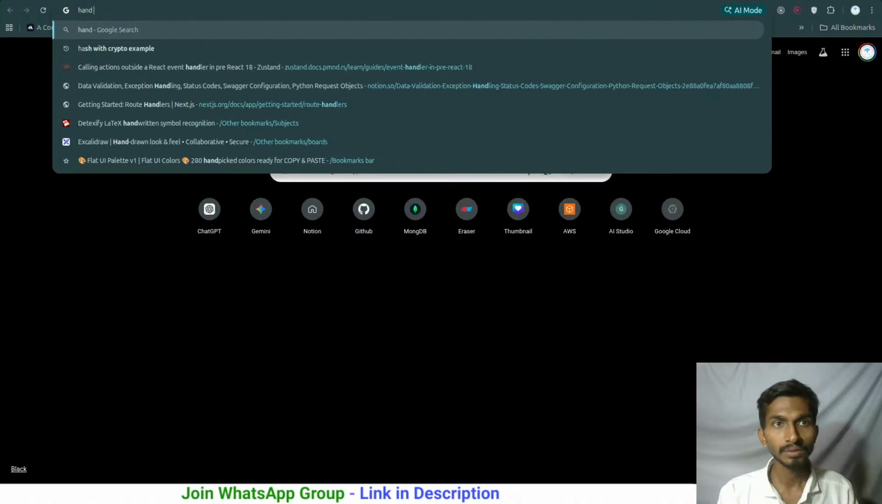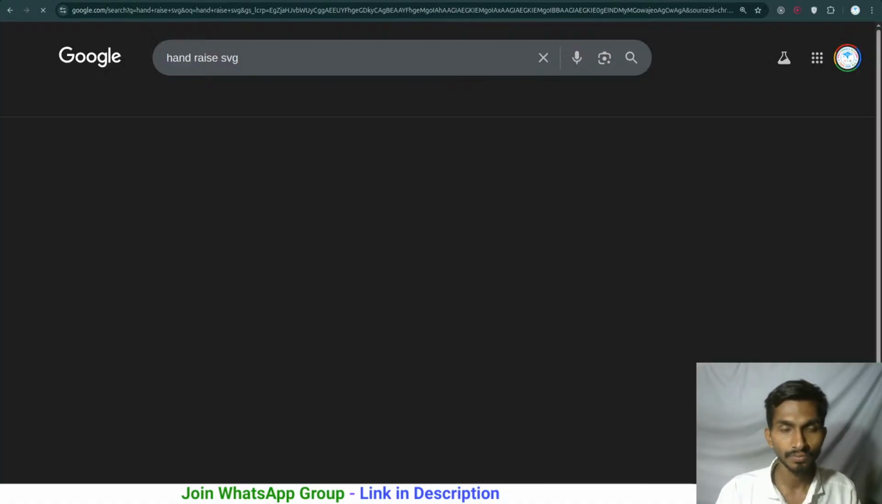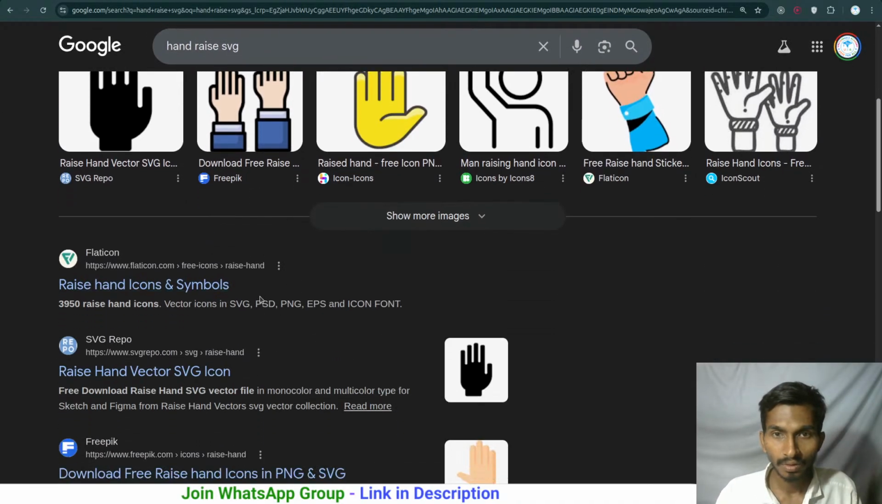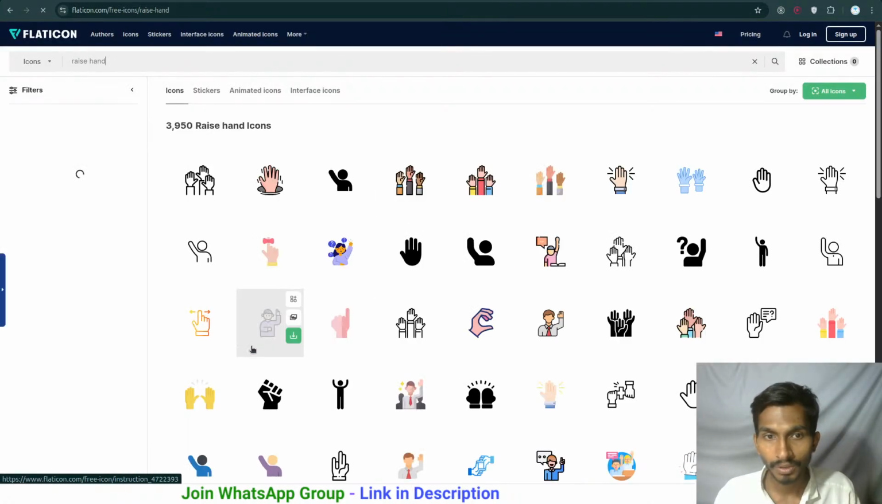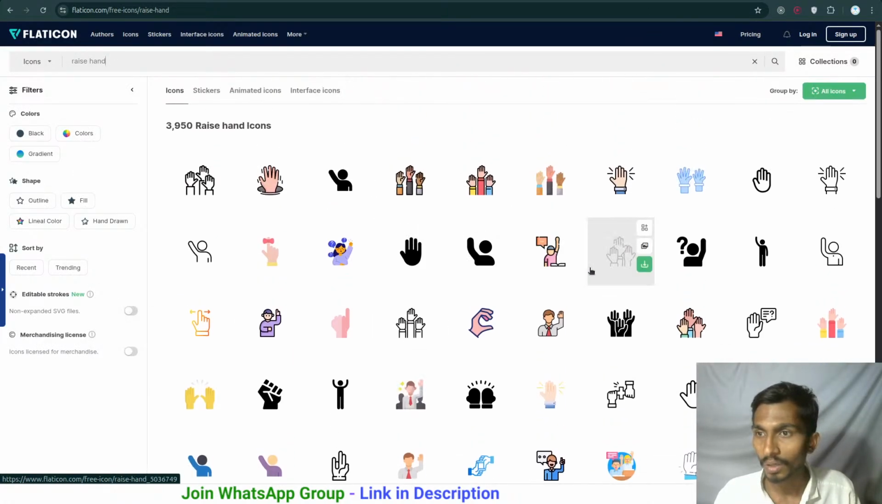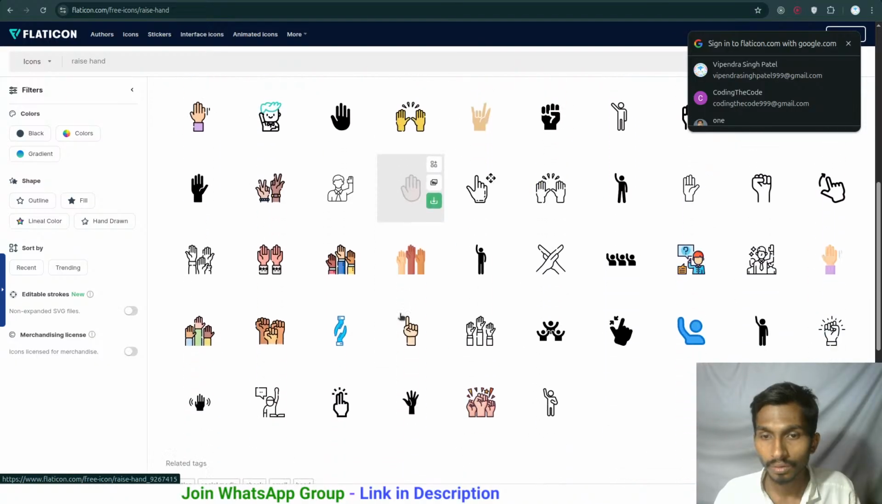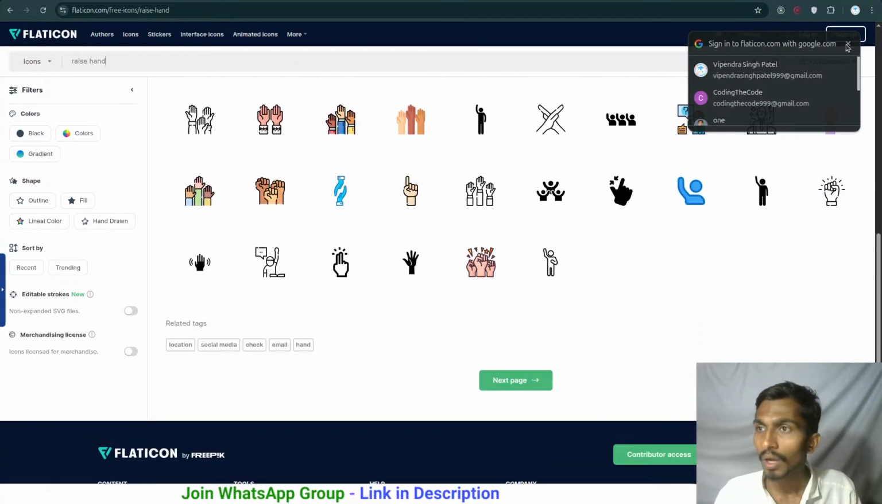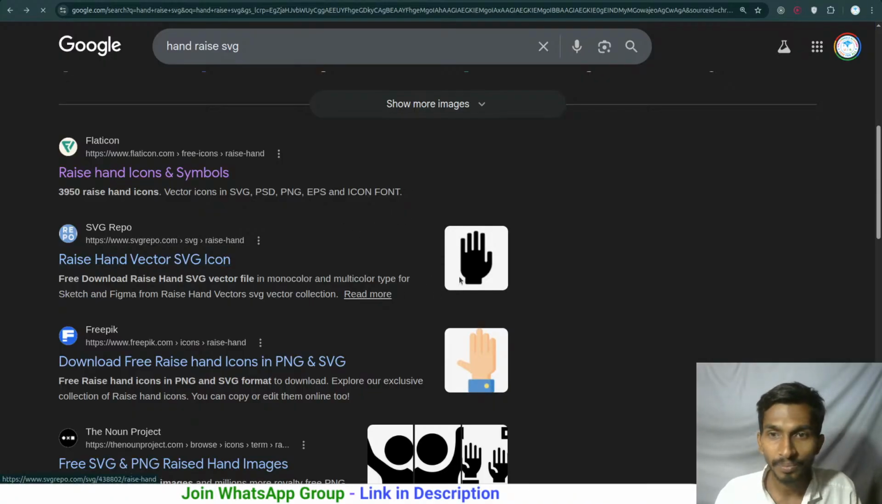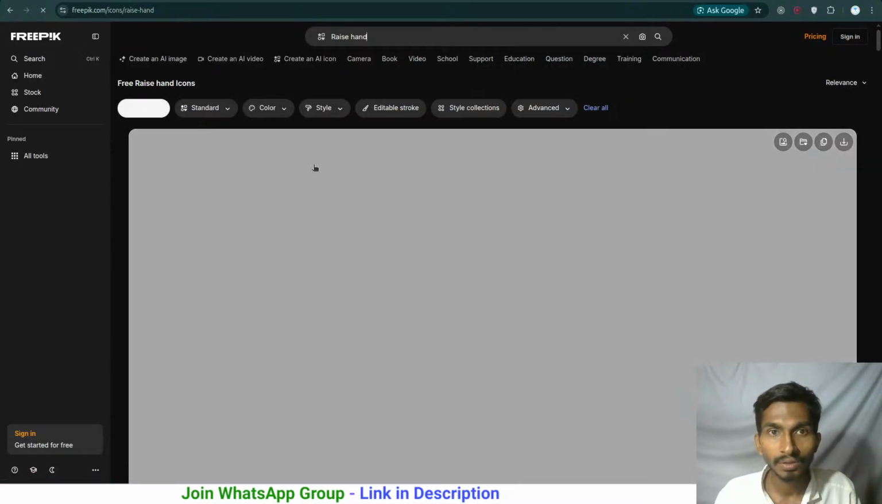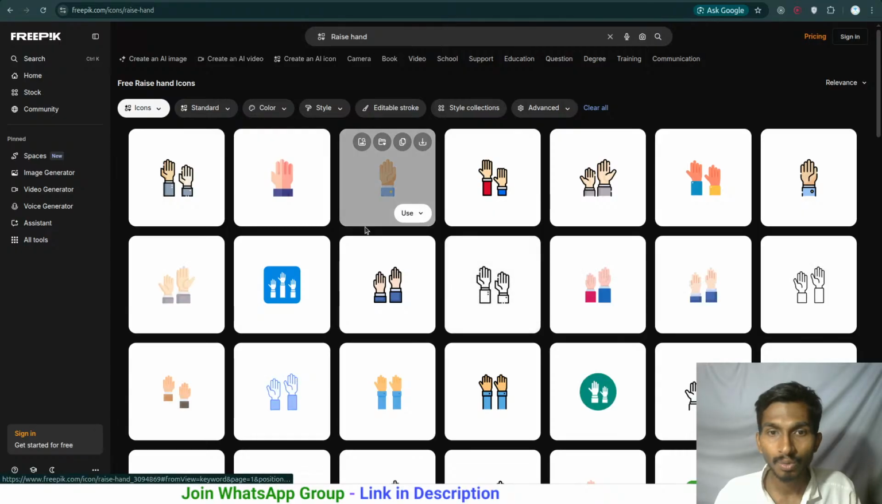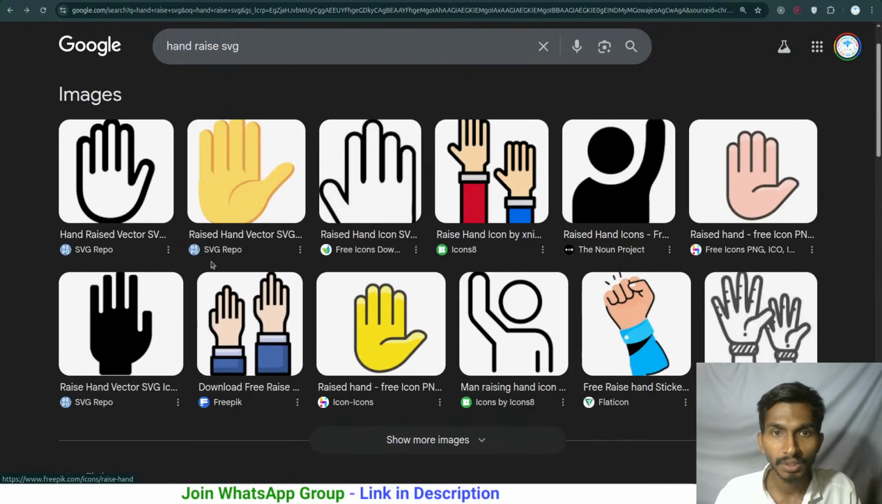Hand raise SVG. Hand icons. Let me get them from here. And what I want right now, I will ask AI to create it for me, because that's very less possible. अरे यार कौन verify करेगा? Download free hand raise PNGs. Almost all the things are the same. So at the end of the day, I'm gonna be